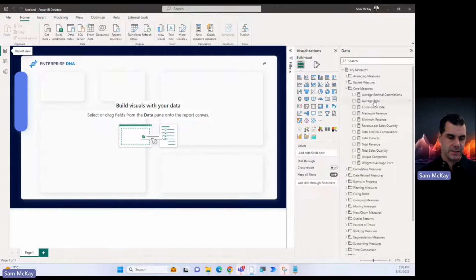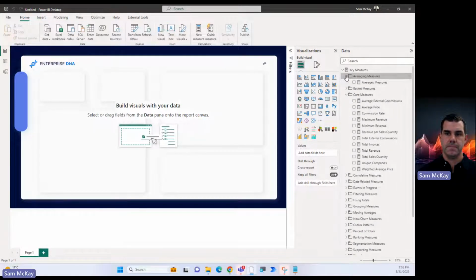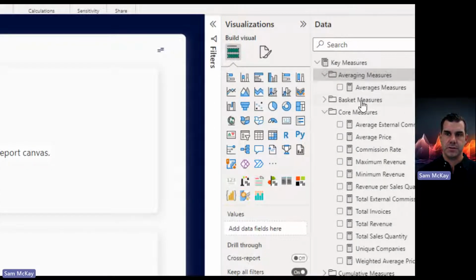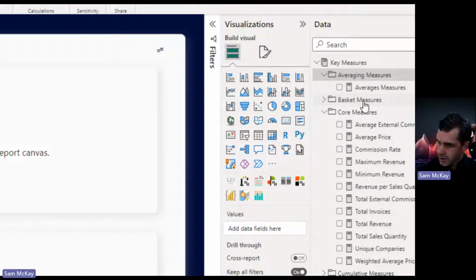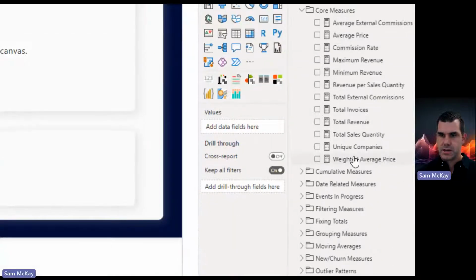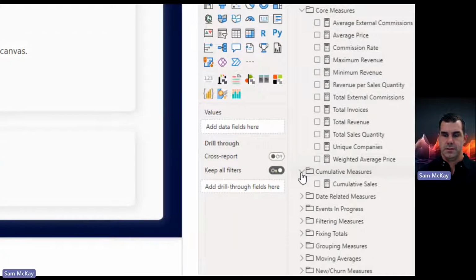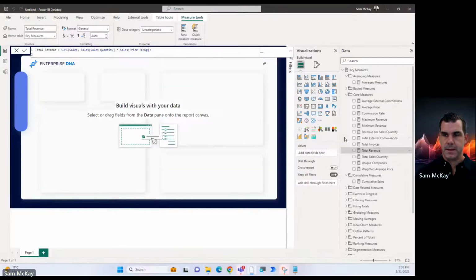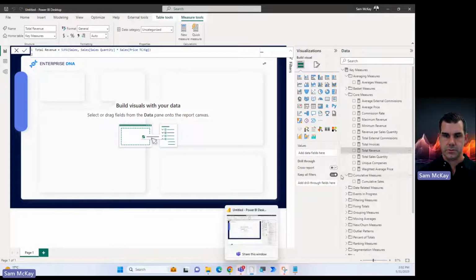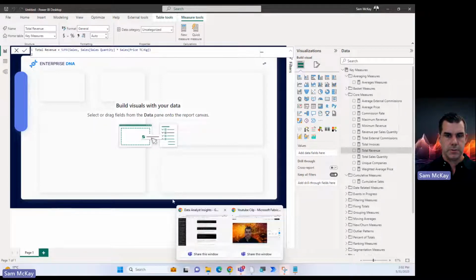Right. Okay. Now we can start working through a lot of these other ones. We've got averaging measures. This is why I have this set up. We can go averaging measures, basket measures, cumulative measures. Okay, so let's go and work out some cumulative totals. I want cumulative total revenue, total invoices, and total sales quantity. Okay, so what I can do,